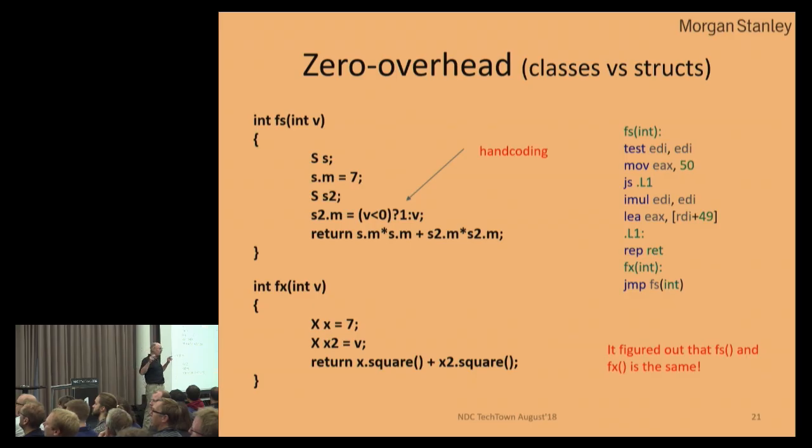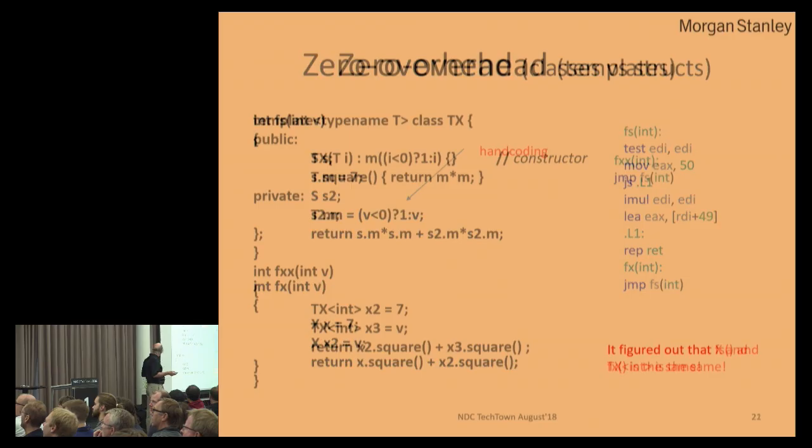If I'd forgotten that in a separately compiled program, in many cases the C++ version would have won hands down, because there would have been function calls in the C code. But I was being fair. I put inline on, giving the hint to the compiler that it should try harder. And so there's no difference between the hand-coded version using the struct directly and using the functions for accessing it in either C++ style or in C style. And again, it just figured out it was the same.